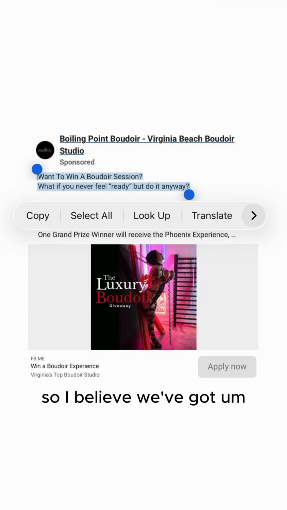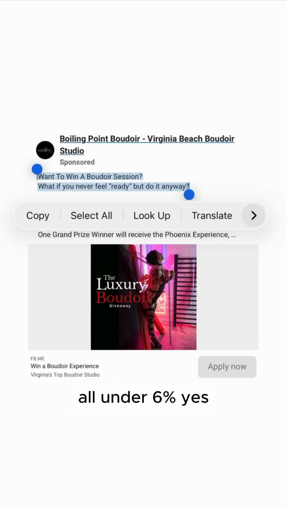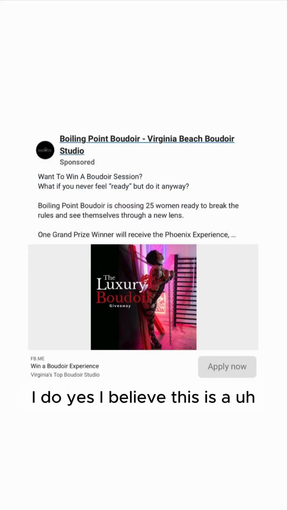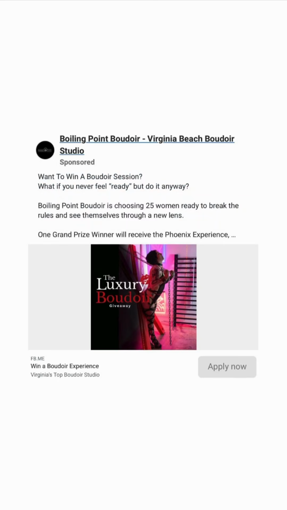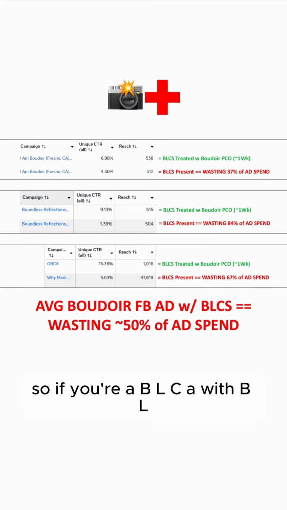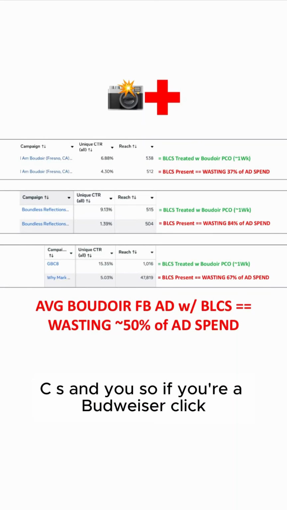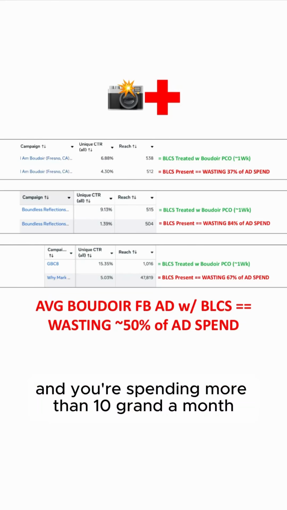So if you're looking at all this stuff, I believe we've got BLCS, boudoir low click syndrome, and a unique CTR all under 6%. Yes, I do. So I believe this is a good candidate for Boudoir PICO. So if you're a boudoir low click advertiser with boudoir low click syndrome and you're spending more than 10 grand